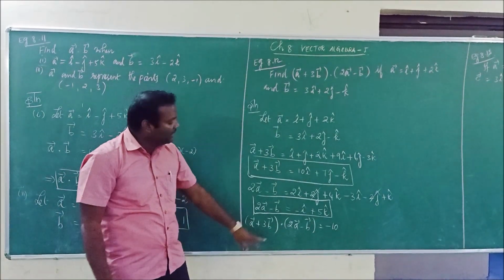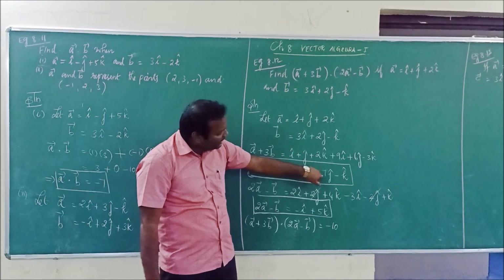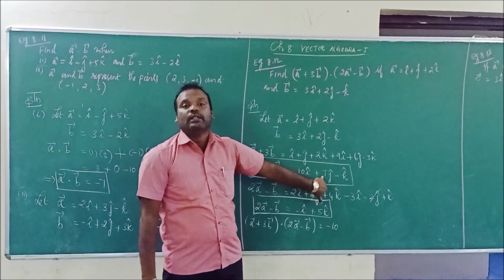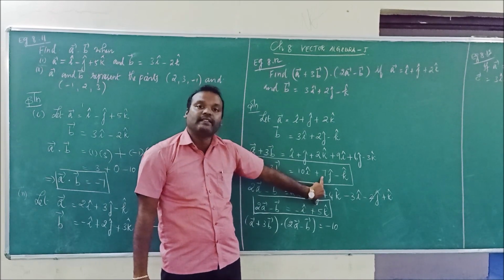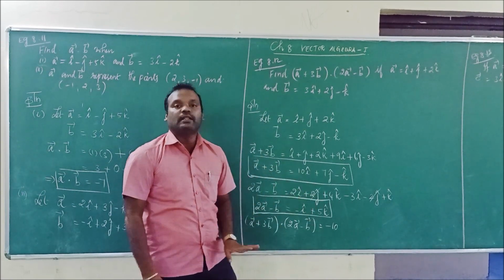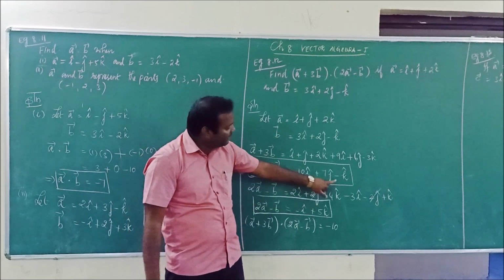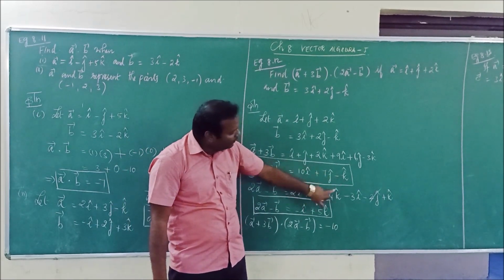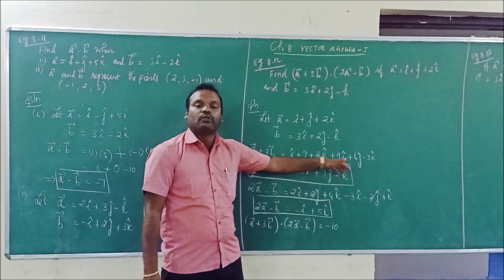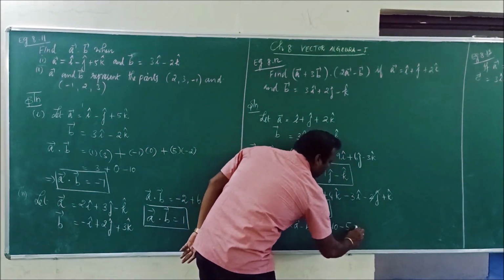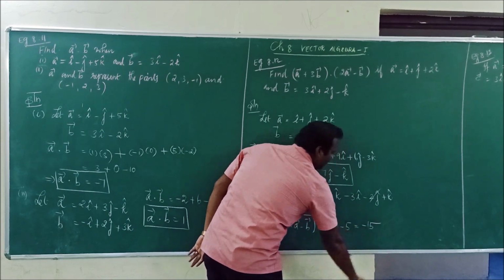Okay. Next. Here the j component is 7, but here you are not at all having any j component. So in the second vector it is 0. So 7 into 0 is nothing but 0. Just leave that one. Then k cap, it is minus 1. Here it is 5. So minus 1 into 5 is nothing but minus 5. So which is equal to minus 15.